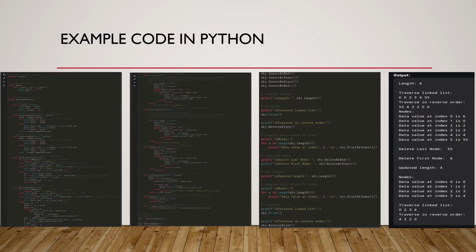Here is an example code of XOR linked list in Python.